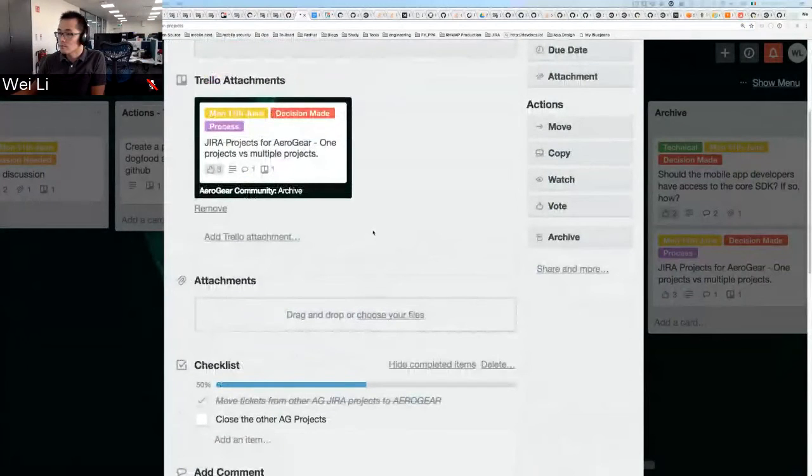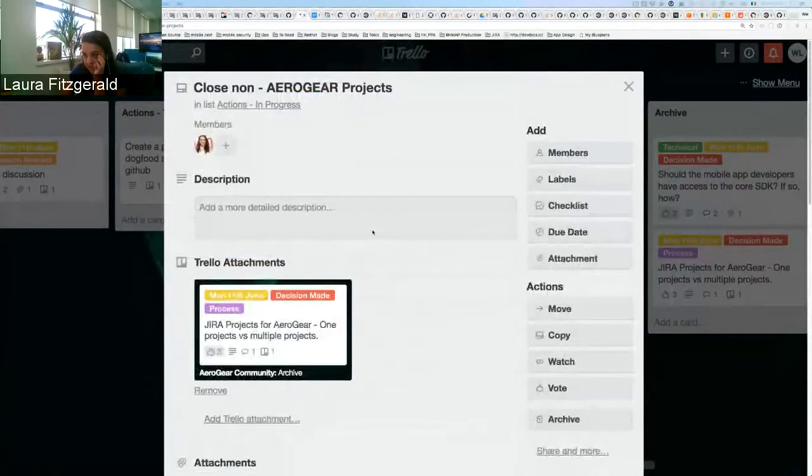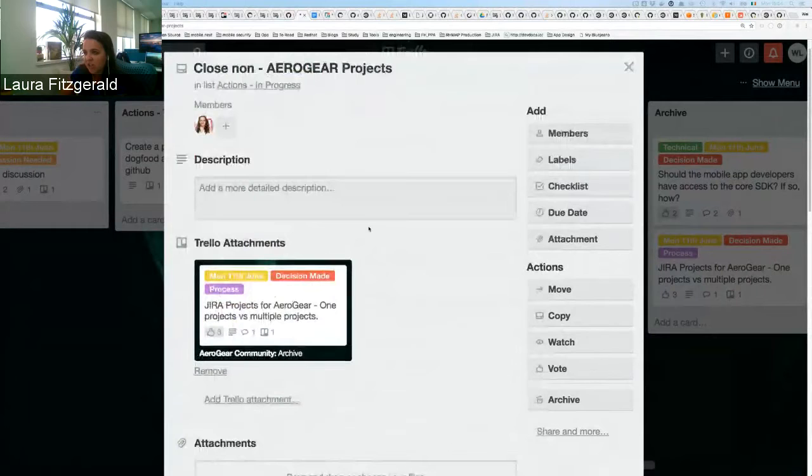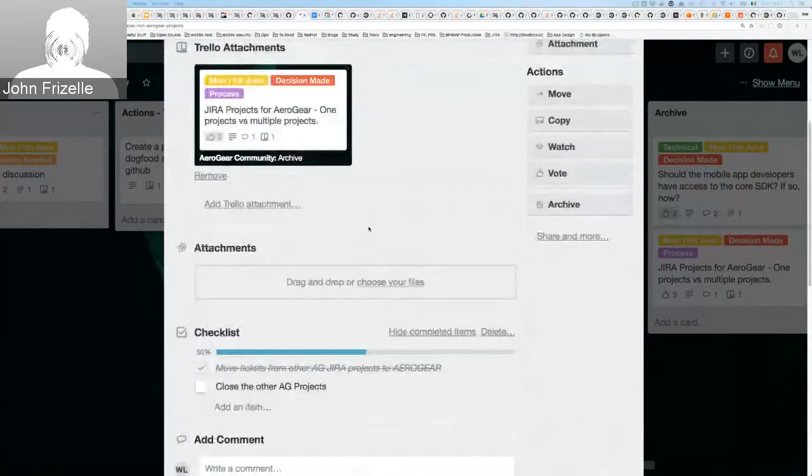Myself and Jason chipped away at moving tickets from the other projects into AeroGear. Some of those were closed as out of date in the process of that. So if people want to review any older tasks and open them again, that's perfectly fine. Work away on that. And the last thing to do is just actually close down the project. So that's still outstanding.